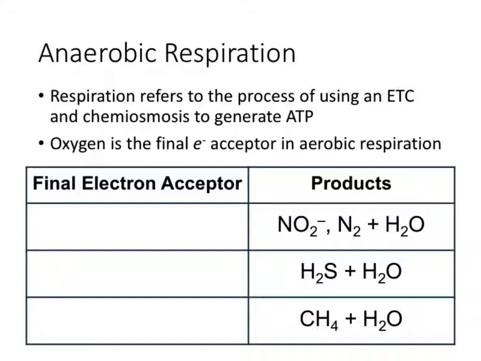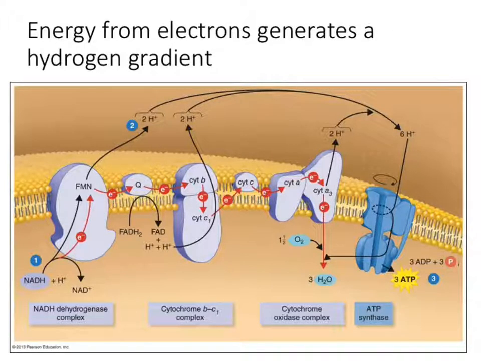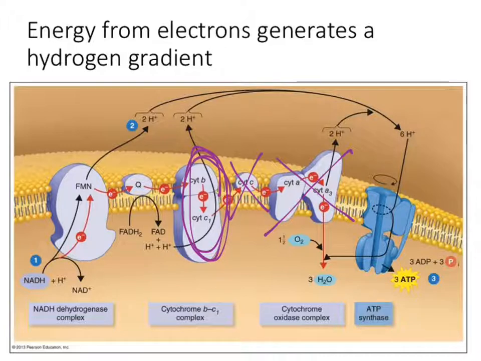Okay. And the quote-unquote choice of which one they choose to use actually depends on the genes or the proteins that are found within these bacterial cells. So for example, there is an enzyme that's known as nitrate reductase. I'm going to go back a couple of slides real quick. It actually replaces the use of cytochrome C and this cytochrome A complex here, and actually can accept electrons directly from ubiquinone,